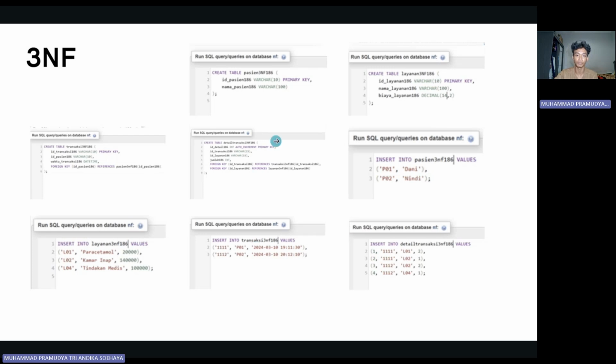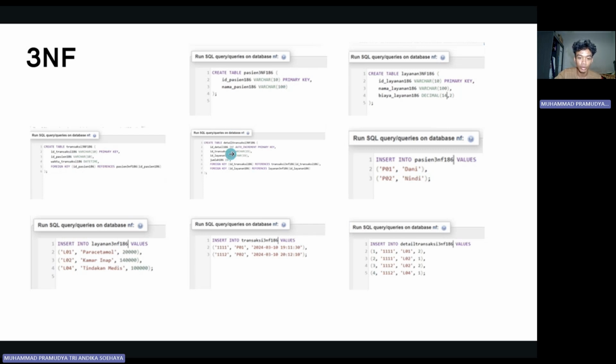From patient 3NF, we have ID patient as primary key and then name patient. For the layanan, we have ID layanan as primary key, name service, fee service. And then for the table transaction, we have ID transaction primary key, ID patient, time transaction, with the foreign key ID patient referencing patient 3NF.